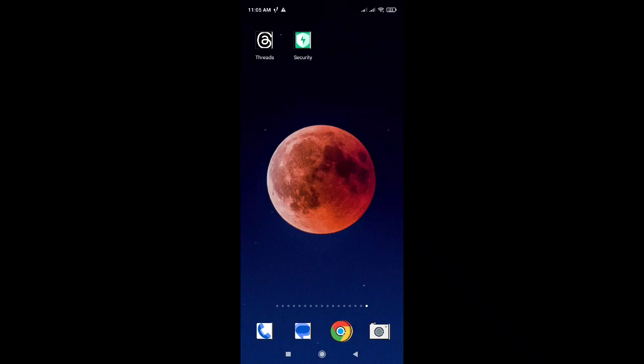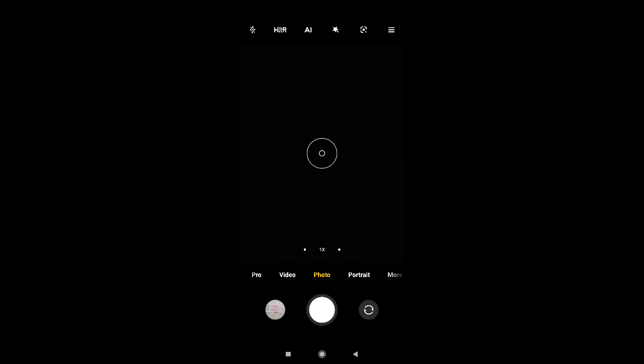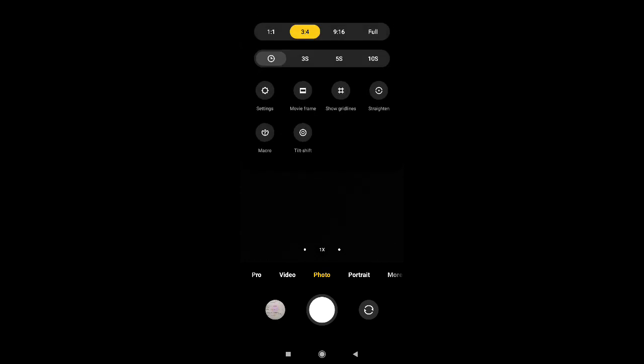Hello, in this video I'm going to show you how to reset camera settings on your phone. First you need to open the camera app, then click on the three lines on the top right corner, and here find the settings icon, click on it,